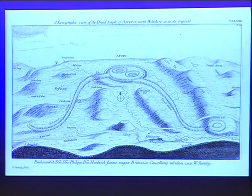Down here is one of the barrows. This is Silbury Hill, the best barrow of all, the most famous one and the most well-structured one. Look at the geometry. Look at how it's a perfect equilateral triangle between the head of the snake, the tail of the snake, Silbury in the middle, and then here's the area up here. Now what this was for, this was a gigantic technology. This is a machine. It's a machine that's built based on, if you look around it, the contours of the mountains,